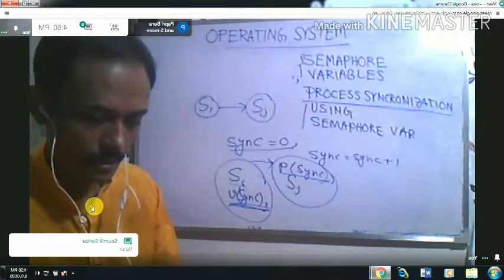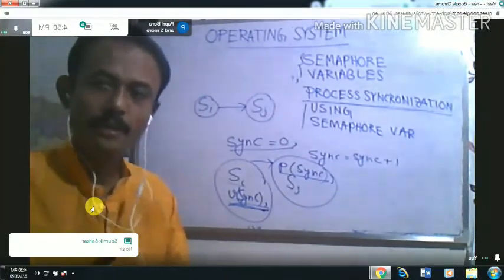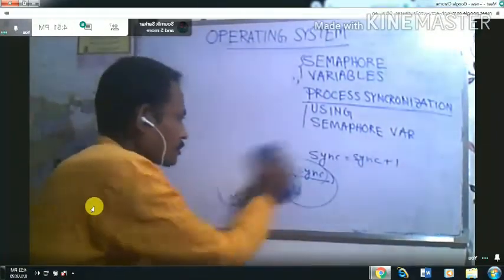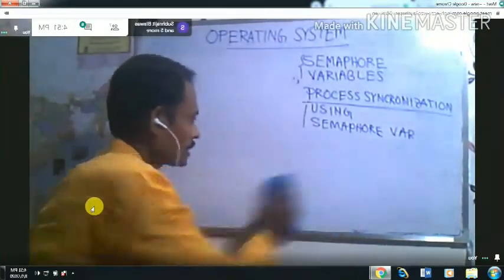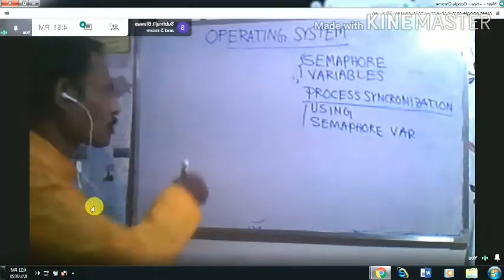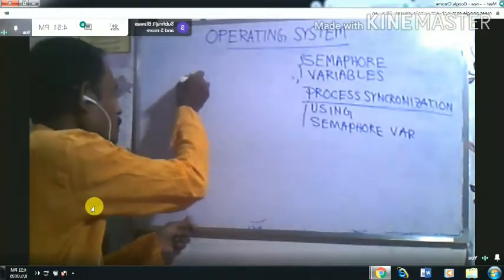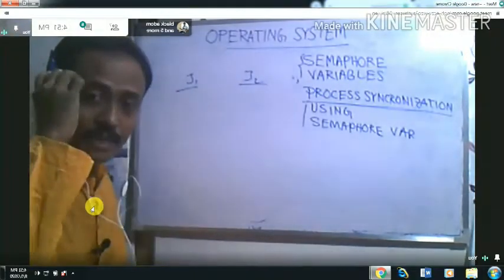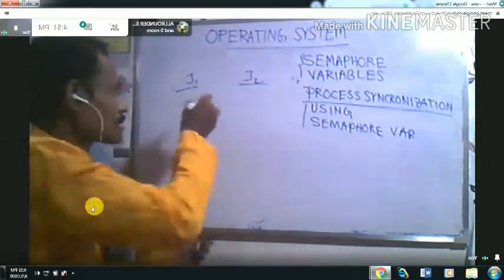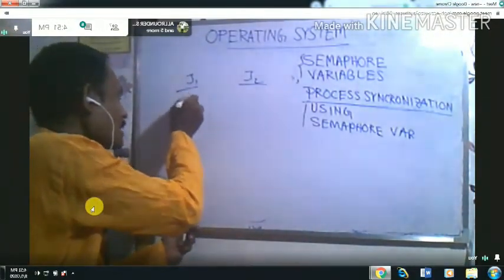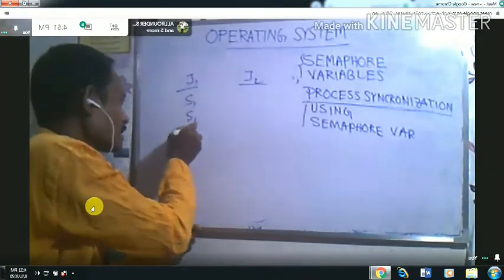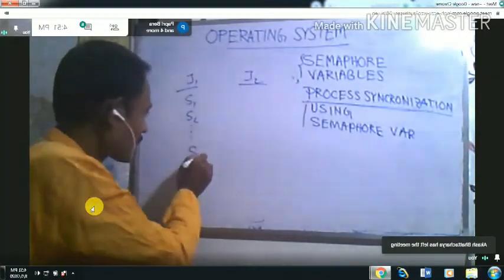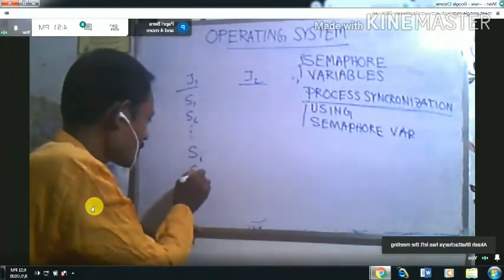Okay, fine. Now suppose there are two processes, one is J1, another is J2. Clear? And suppose this J1 has multiple statements: this is SI, this is SI plus 1, this is SI plus 2.